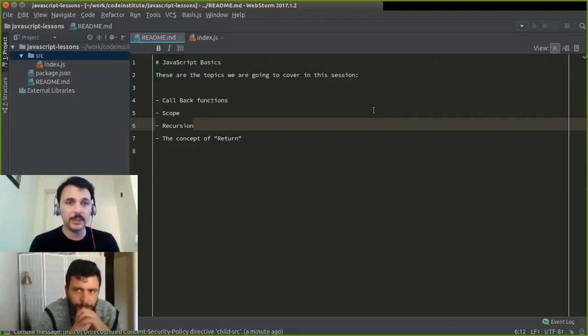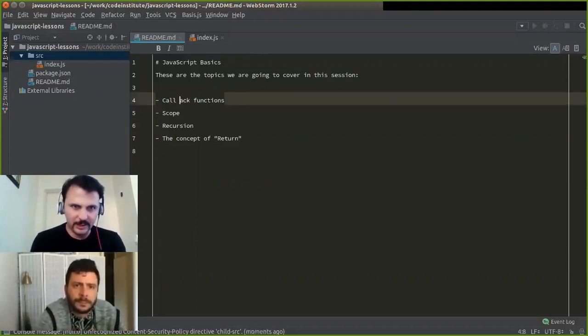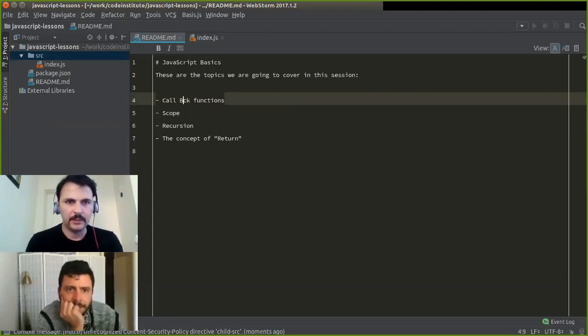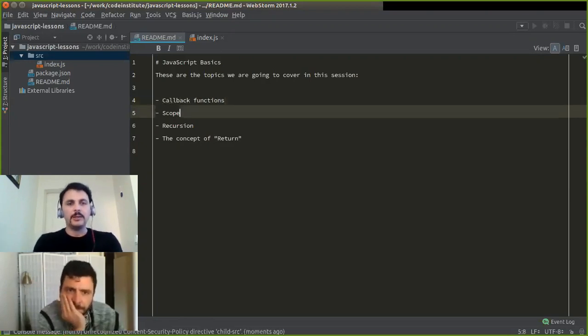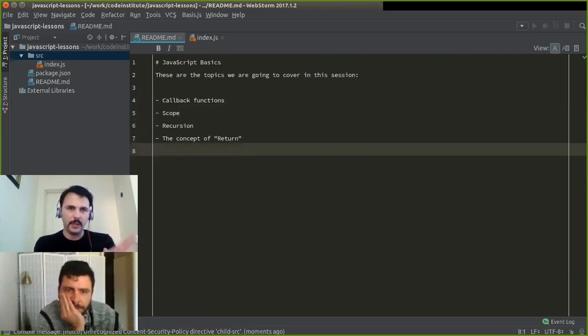In this session, as you have asked, we are going to cover these 4 different topics: callback functions. Before I go on to the next item, I should correct this. Callback is not two words, it is just one single word. It's not like "call back function", it is just callback, okay? This is first. The others are scope, recursion, and the concept of return. So these